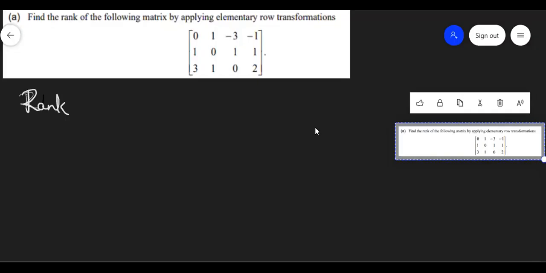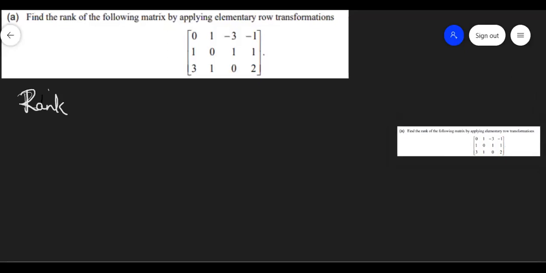So here this is a question from the model question paper. Find the rank of the following matrix by applying elementary row transformation. So here we have to reduce this matrix into an echelon form, and hence we have to find the rank. Okay. So to find the rank, what we'll do now is, first